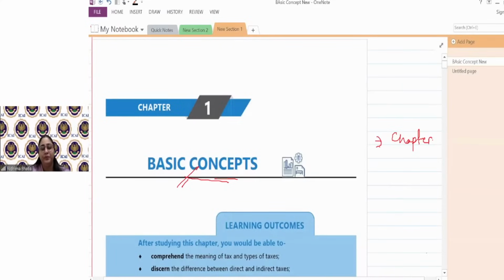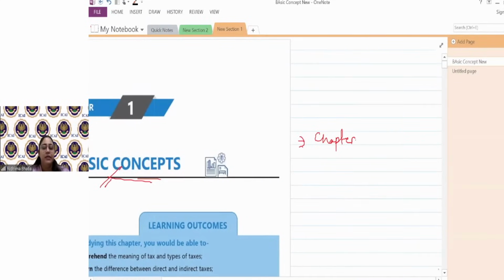Okay. So this is your chapter one, basic concepts. Now, this chapter particularly has a lot of things. It has definitions. First, you have to understand, you may wonder why we are doing it, but first we have to understand a framework. Like what actually is the tax environment around us? What actually is tax? Why is tax there? Why is there direct tax? Why is there indirect tax? That framework has to be understood. How do we even have to understand the Income Tax Act in the first place? So first we'll be understanding frameworks, then we'll be picking up